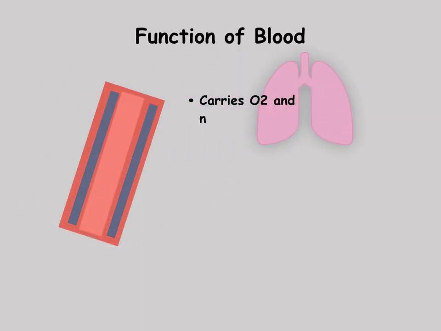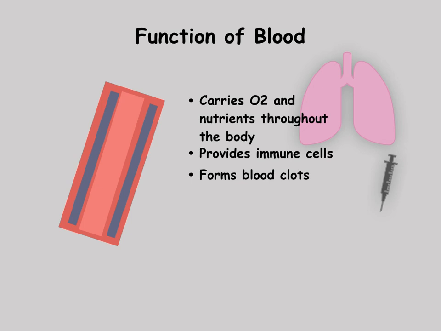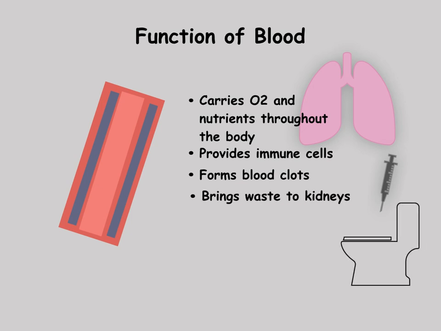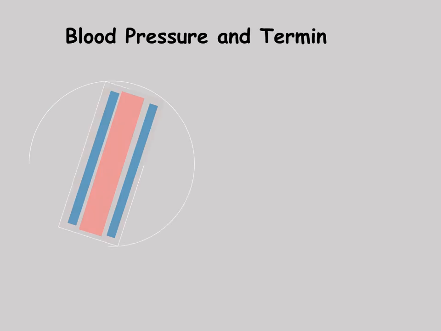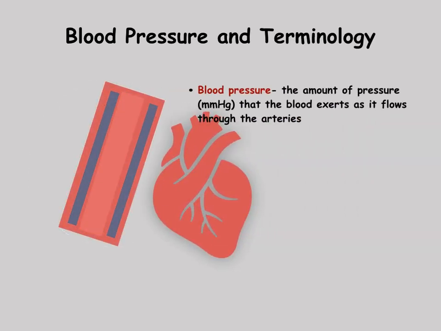Blood carries oxygen and nutrients throughout the body, forms blood clots to stop bleeding, provides immune cells to fight infections, brings waste to the kidneys for filtering, and regulates body temperature. Now that we have discussed the heart's function, let's define a few terms that you may have heard regarding your heart. Blood pressure is the amount of pressure in millimeters of mercury that the blood exerts as it flows through